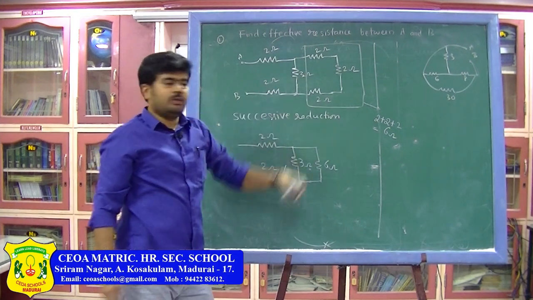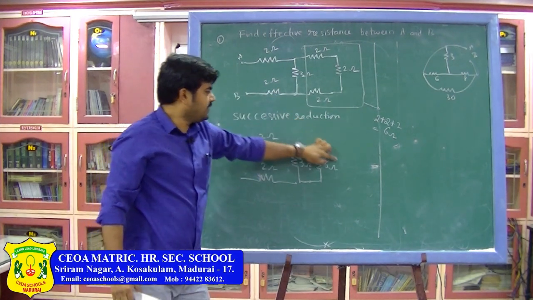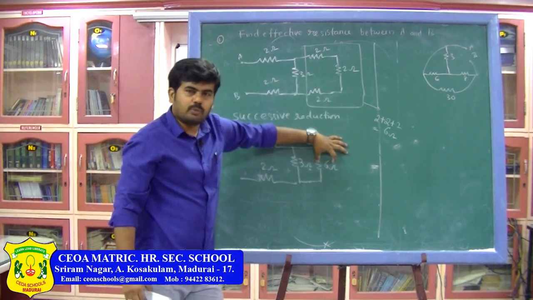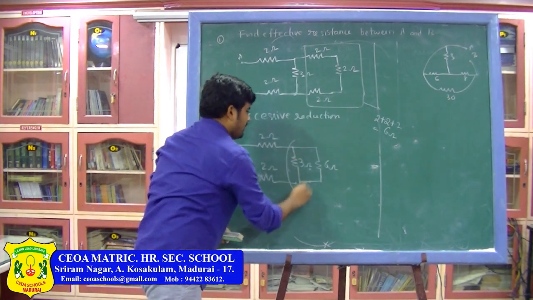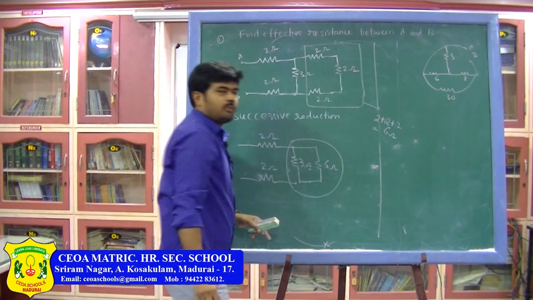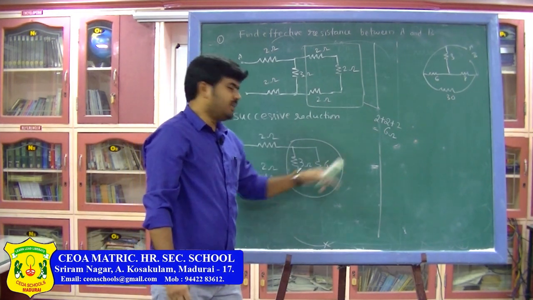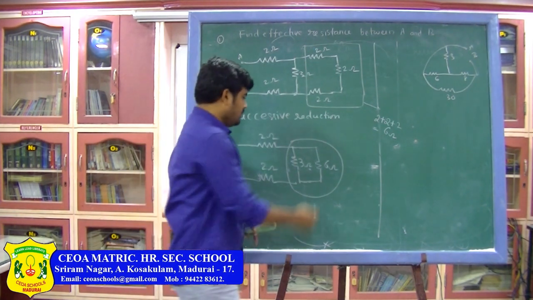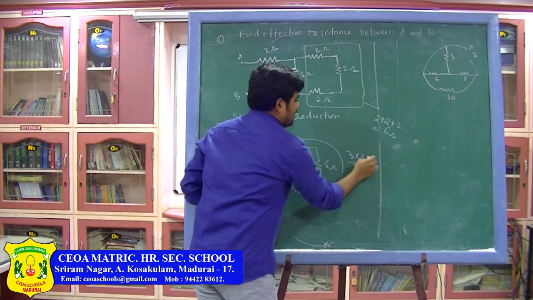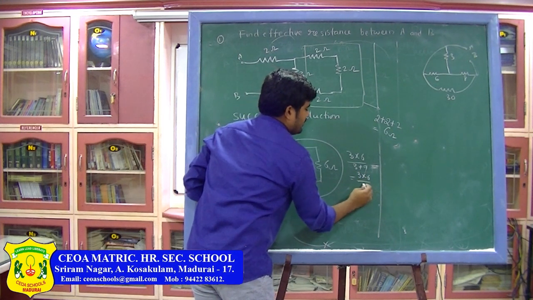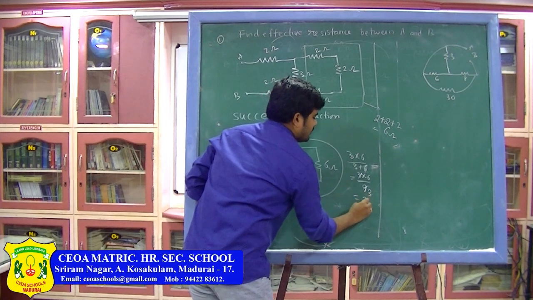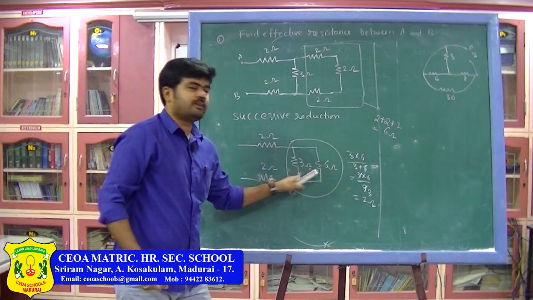Now next step, again see the circuit if there is any parallel or series combination. If you see here, this 3 ohm and this 6 ohm are in parallel, so we can simplify this part. The formula for two resistors in parallel is R1 R2 by R1 plus R2, that is 3 into 6 divided by 3 plus 6, 3 into 6 by 9, so it will be 2 ohm once again. So the equivalent value of these two resistors is 2 ohm.